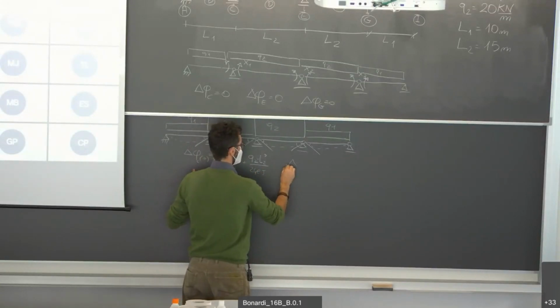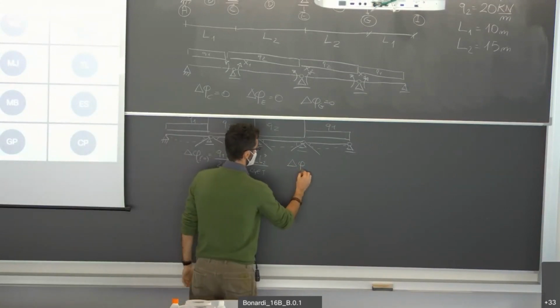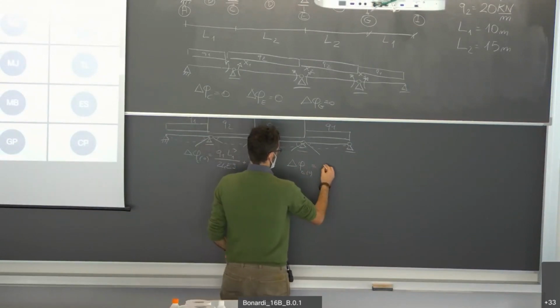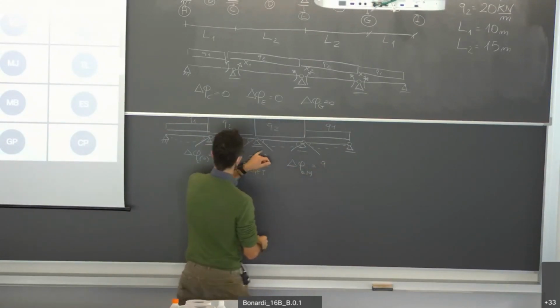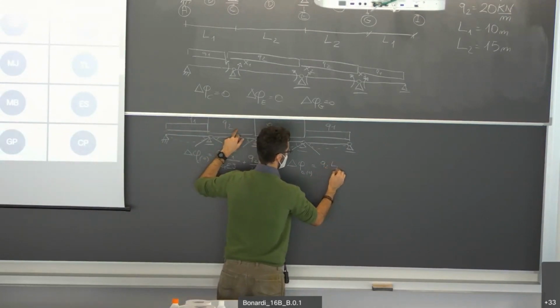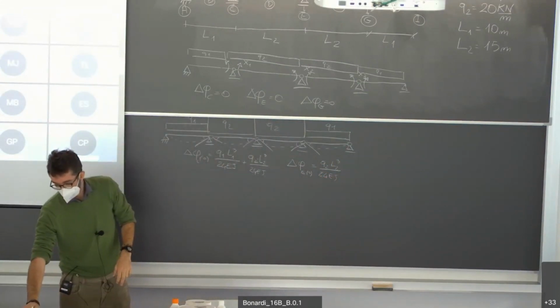Same stuff for the relative rotation in the node E, associated to the same load condition. We have this, that is Q2 times L2 to the power of 3 over 24 iota,